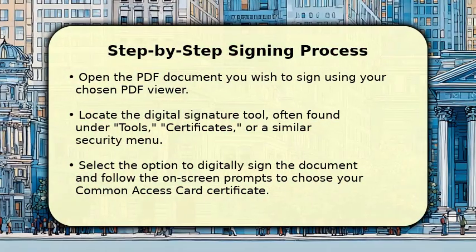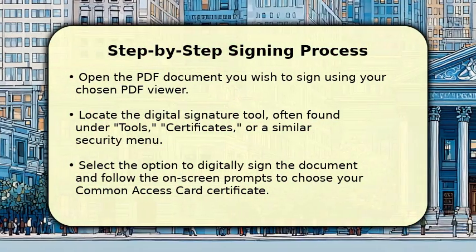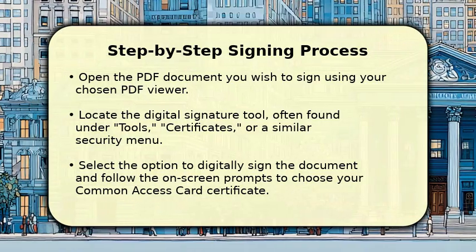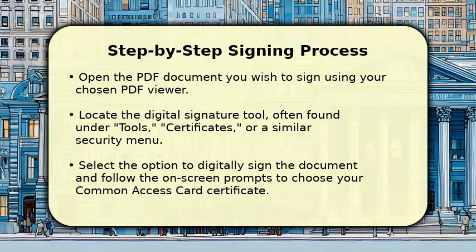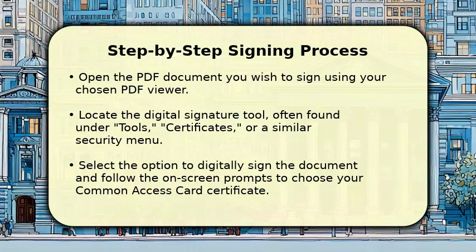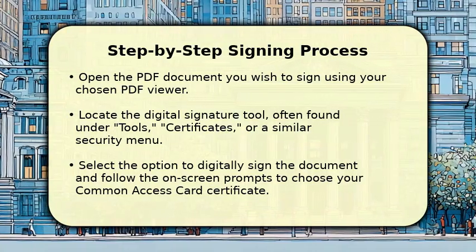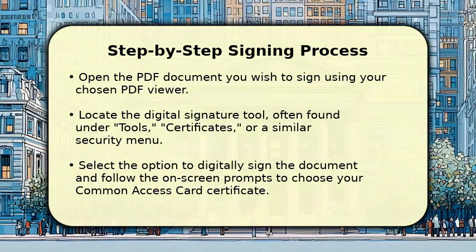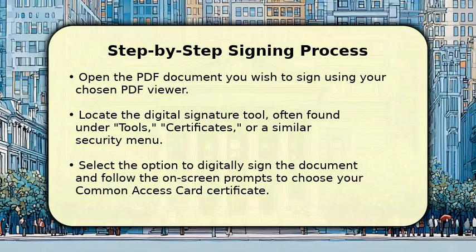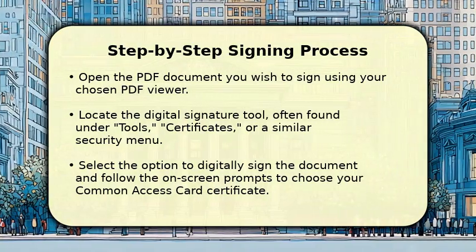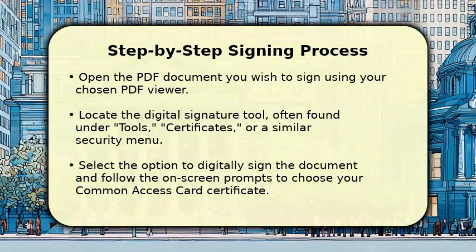With your system prepared, open the PDF document you need to sign in your preferred viewer. Look for the digital signature tool, which is usually found under a Tools or Certificates section in your application's menu. Click on the option to digitally sign the document, and the software will guide you through selecting your Common Access